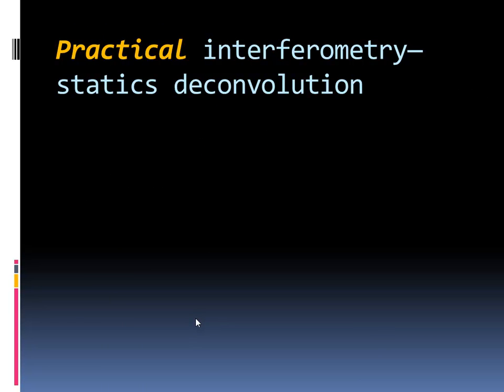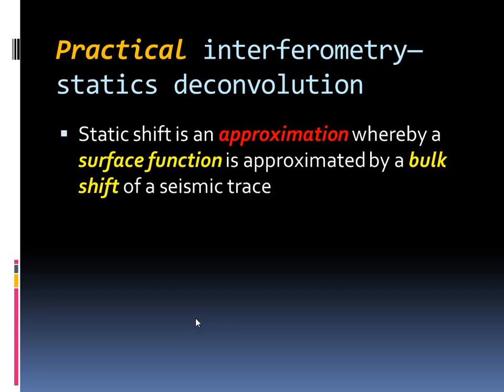Now, let me go into a little more detail about what I'm referring to as interferometry. I've also referred to this as statics deconvolution. Back years ago when I was at Shell, I talked about this kind of idea. Basically, the notion is that a static shift is always an approximation, whereby a surface function that has to do with the surface layer, the effect of this is approximated just by a bulk shift of the seismic trace. We get rid of that surface function just by shifting the entire seismic trace that has to do with that